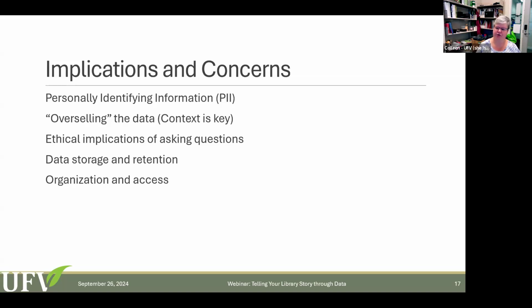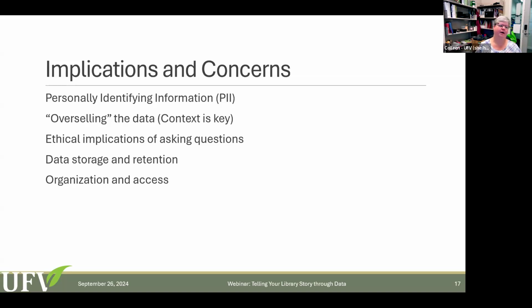I want to make sure that I keep the context of the data clear, so that I'm not implying that it applies across the general student population, because the design of my survey, the methodology I used, doesn't support that.